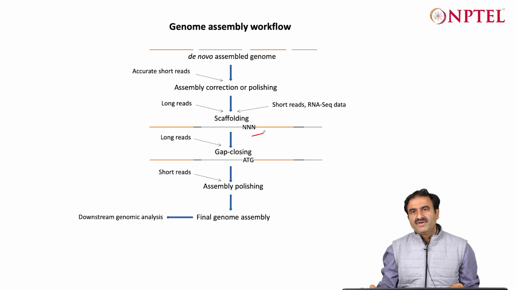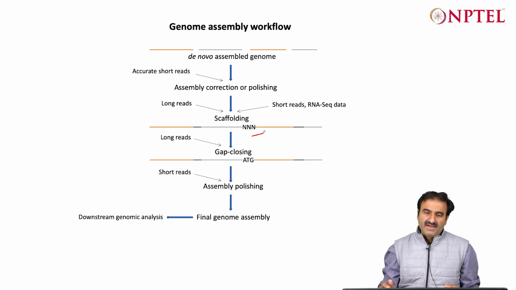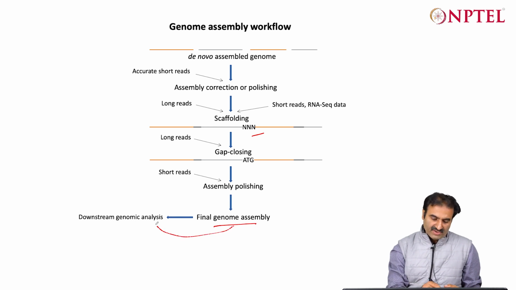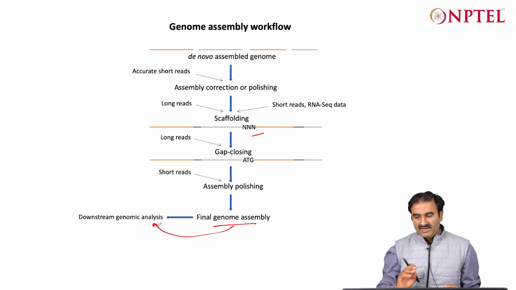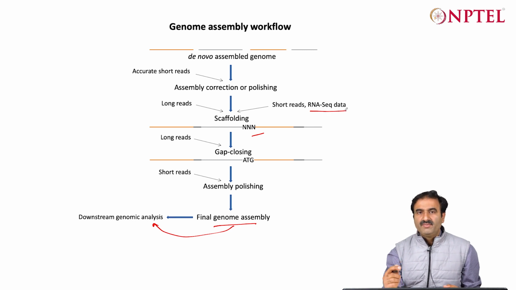Then long reads and short reads together are used for fixing the gaps or correcting the errors. You will see that in detail today, and ultimately you reach the final genome assembly that you take for genomic analysis. Here RNA-seq data is also important, because it comes from the exons, which are coding regions, and in any genomic analysis you would like to have more and correct information about the coding regions. At least you would like to reconstruct all the genes for function analysis. So RNA-seq data acts as empirical, supporting evidence to correct the coding regions,